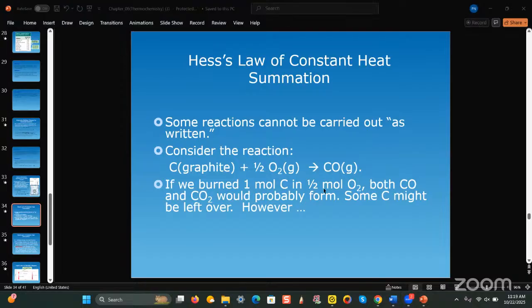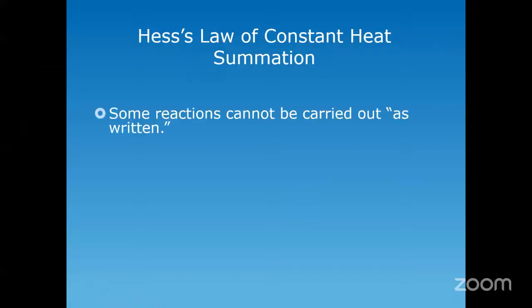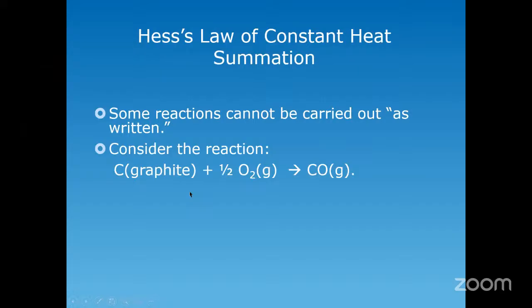So what we're going to talk about now is a very important law when it comes to thermochemistry, and that is Hess's law of constant summation. Now, in practice, there are certain reactions that are very difficult, if not impossible, to perform. So if you want to find the enthalpy change of that reaction experimentally, that would be a huge task. An example of such a reaction would be the reaction between carbon and oxygen to